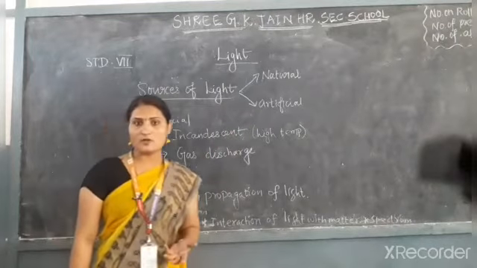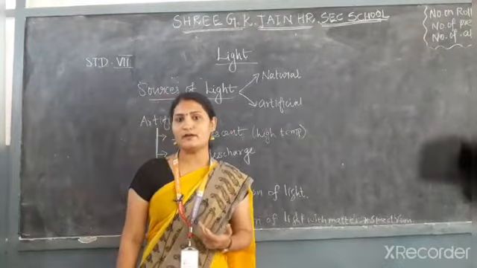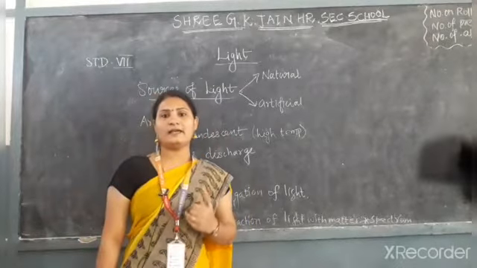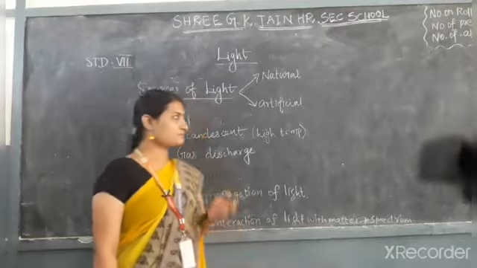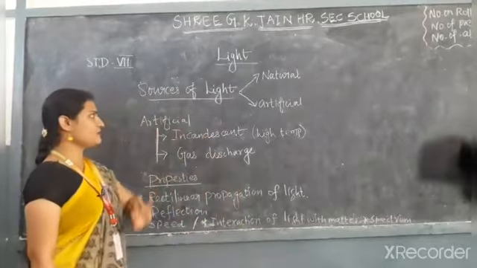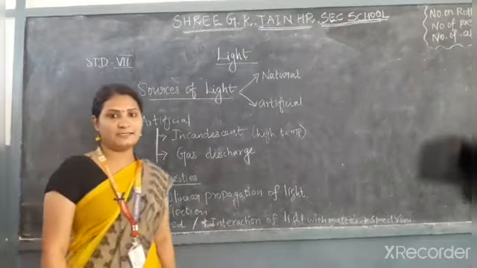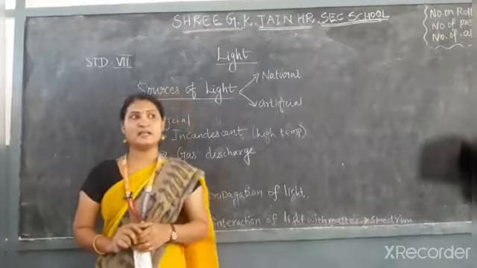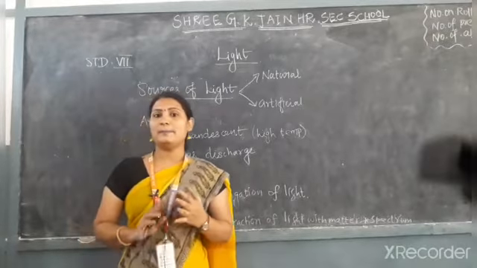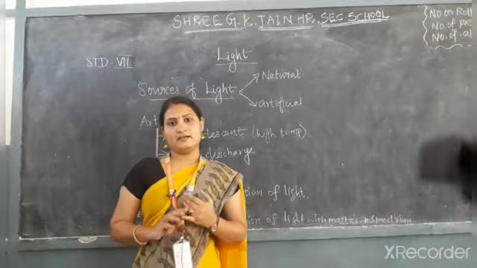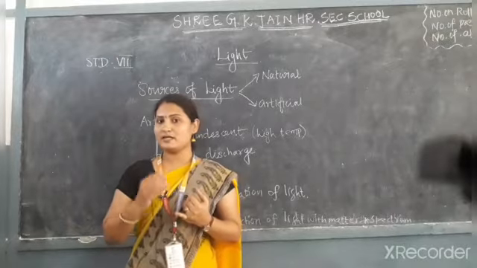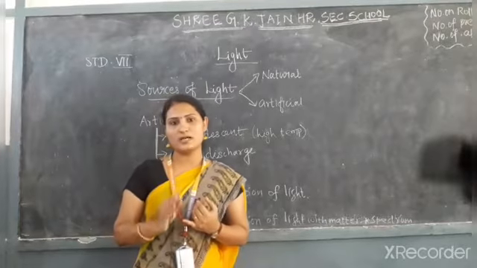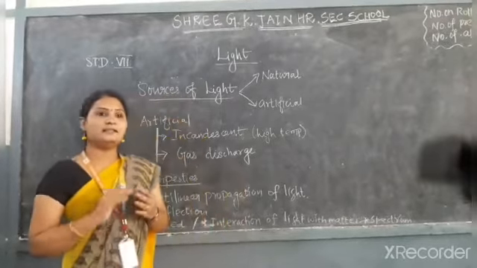In the natural way, light gets emitted from some of the objects and things, and in the artificial way also we can produce light. See, what are the artificial sources of light and what are the natural sources of light? If you take natural sources of light, the sun is a primary source of light. So the light emitted by the sun is natural light, that is, the sun is a natural source of light. And stars